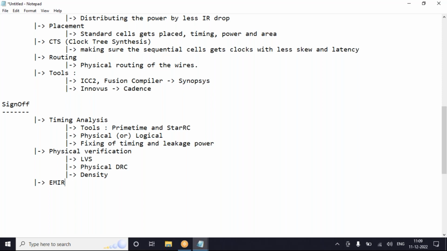Whether anything is popping up as new violations, I will need to verify. So EMIR, where we are going to be checking for the current density and the power drops, or let's say voltage drop. Checks are going to be performed in this EMIR stage.